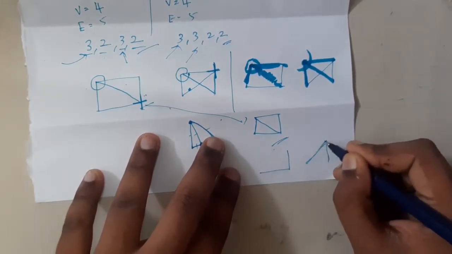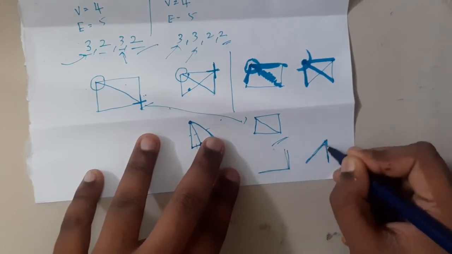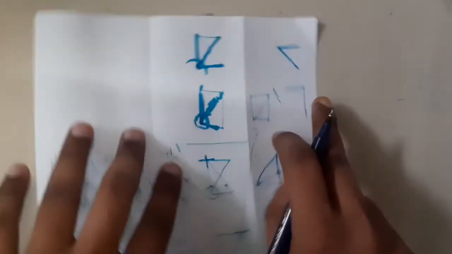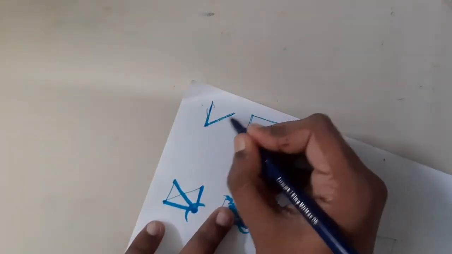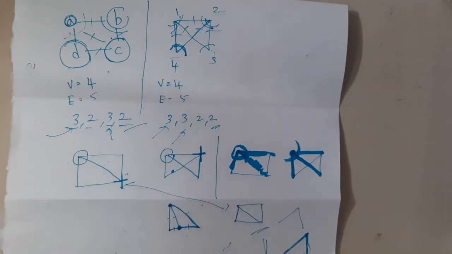So what did you understand here, guys? This is an L shape and this is also an L shape, but just the orientation is different, right? So this is L, and if you just rotate this page, this is also L. The angle is different, that's it, right? So by removing one edge and one vertex also, you can recognize it. Okay, so this is the concept of isomorphism, guys.